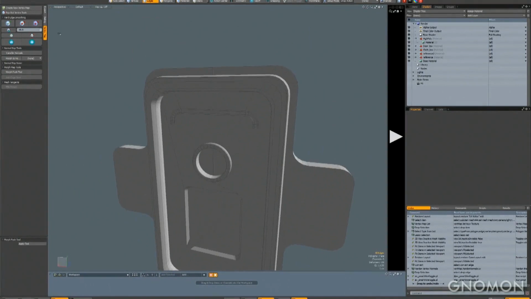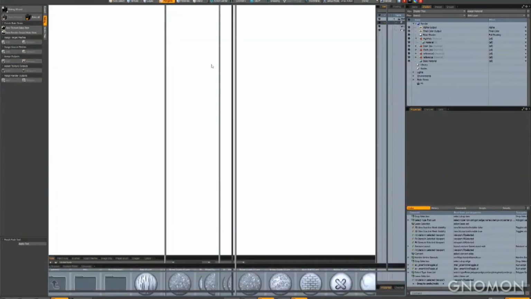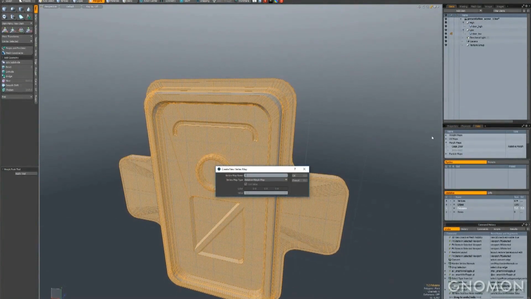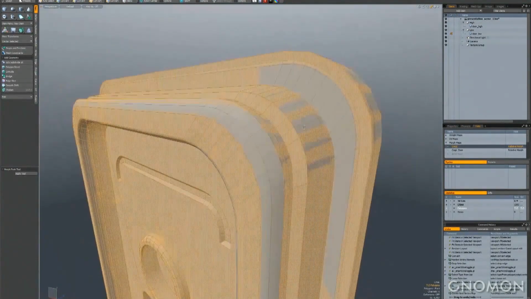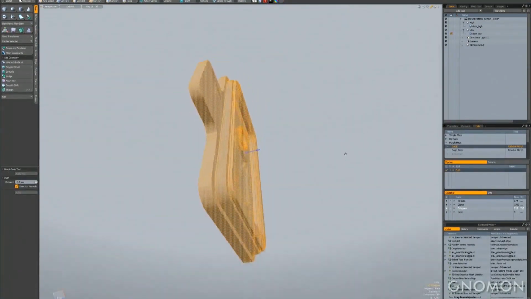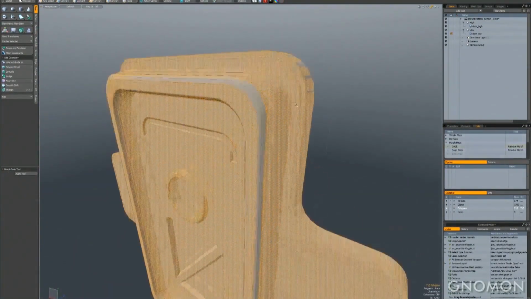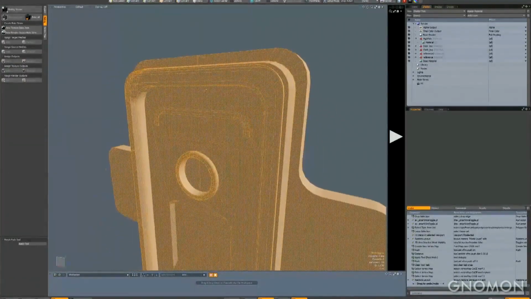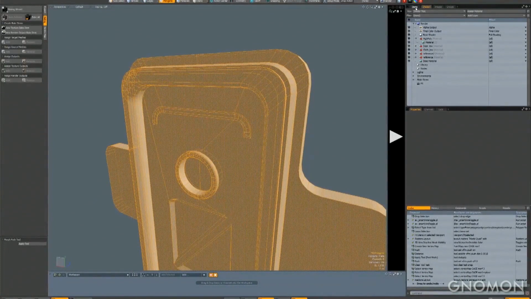The first thing we'll do is run a quick script right there, and it converts all of your UV border edges to hard edges. Just one button, built right in. Right here, we're going to make our cage. All you do is make a new morph map, click on it, and run the push tool directly on top of your low poly. This is the low poly that we're baking to right here. So all you have to do is just click back and forth. That's it. No managing an external cage file or exporting another FBX.